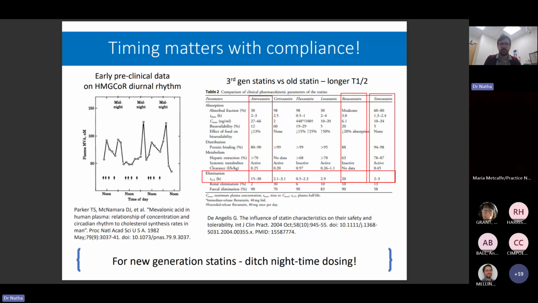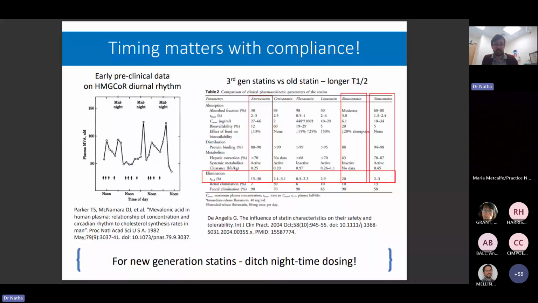Atorvastatin has a half-life that is variable, but is shorter compared with rosuvastatin, but is at least longer than simvastatin. The older statins had very short half-lives, clearing from circulation quickly, and the preclinical data says that most of the HMG-CoA reductase enzyme activity that statins block happens overnight. That meant a lot of the dogma surrounded nighttime dosing of statins, but actually the longer half-life of atorvastatin and rosuvastatin, and especially the